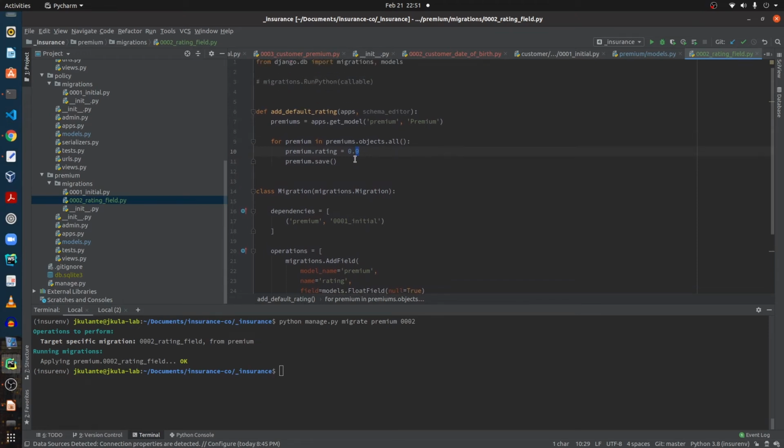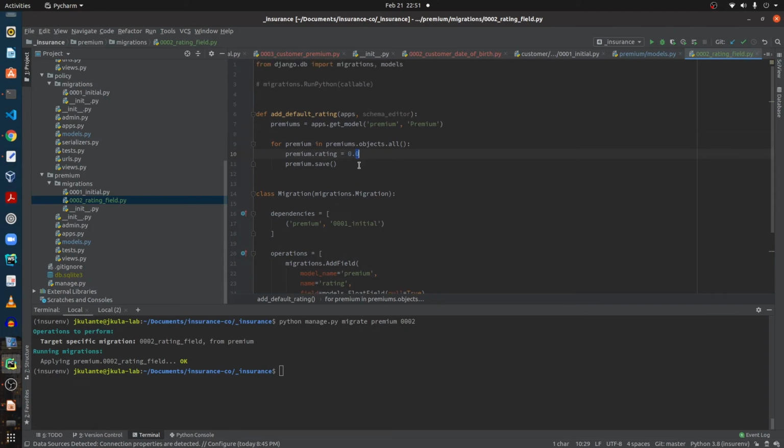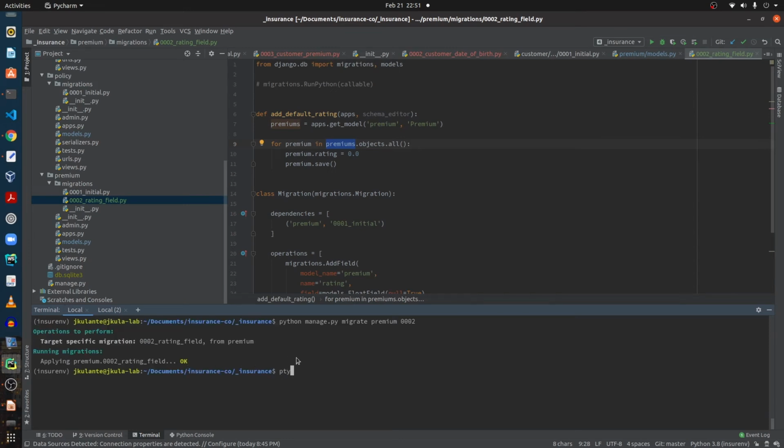So as you can see, we can't populate the data because the premium object is empty. Let's check the premium objects. Yeah, the premium table is empty, so we need to add some data in the premium table. Manage shell